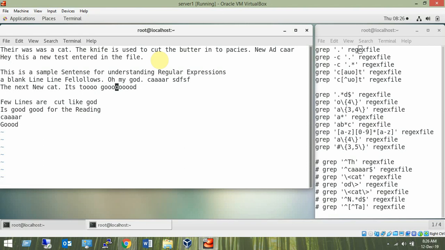Sorry, it was uppercase I. Correct. So which one should be preferred, uppercase I or small i followed by multiple arrow keys? This is switching between insert mode and command mode.